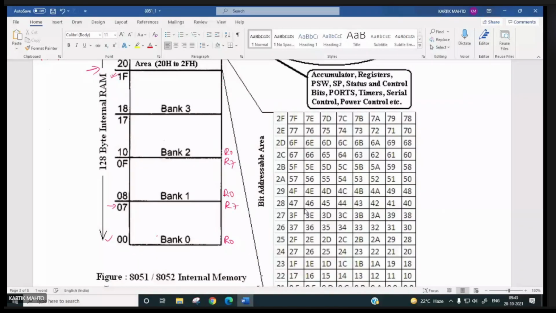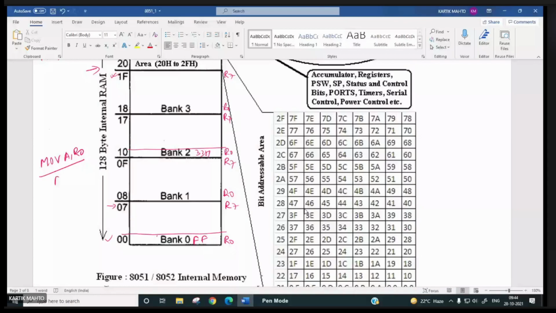Then R0 over here, R7 over here. Now if you write MOV A, R0, what will happen? By default, register bank 0 will be selected. And whatever is the content of this, suppose here we have FFH, so A will be equal to FFH. Suppose here we have 33H, so FFH will be copied to accumulator.